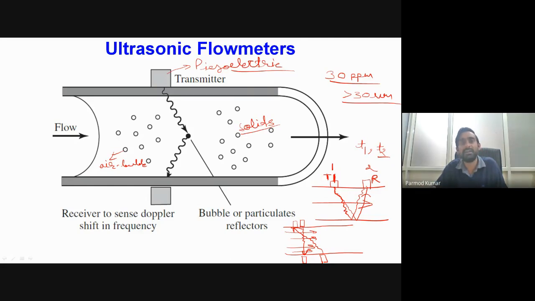However, in the case of ultrasonic flow meters, we need not connect any external mechanical arrangement inside the flow field. Rather, on the surface of whatever pipe we are having, we will be fixing our transmitter and receiver unit. Okay, so that's why for different types of complex fluids, for example slurry, wastewater, sludge flow, then flow of abrasive particles inside our liquids, for all these situations, we can employ ultrasonic flow meters for accurate measurement of the flow rate.